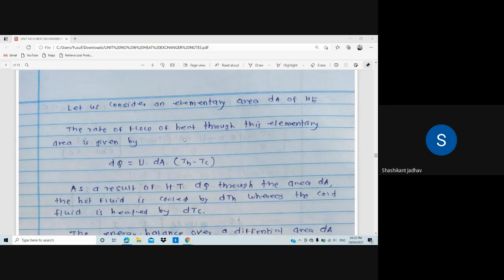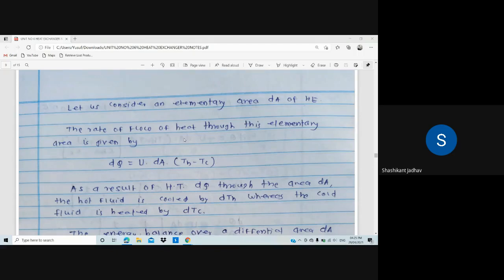At the same time, what will happen? The temperature of the cold fluid increases. Hot fluid temperature कोण घेणार आहे? Cold fluid घेणार आहे. And because of that, the temperature of the cold fluid increases. And by what amount does that temperature increase? That is dTc. Already we have denoted it in the diagram. dTh is nothing but the temperature of the hot fluid reducing, and dTc is nothing but the temperature of the cold fluid increasing. So, on that statement,